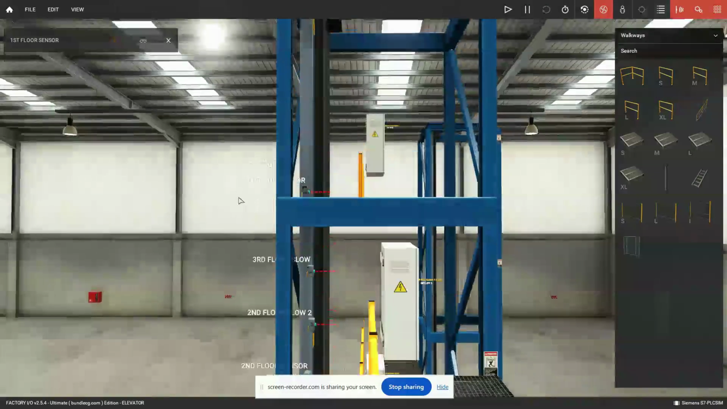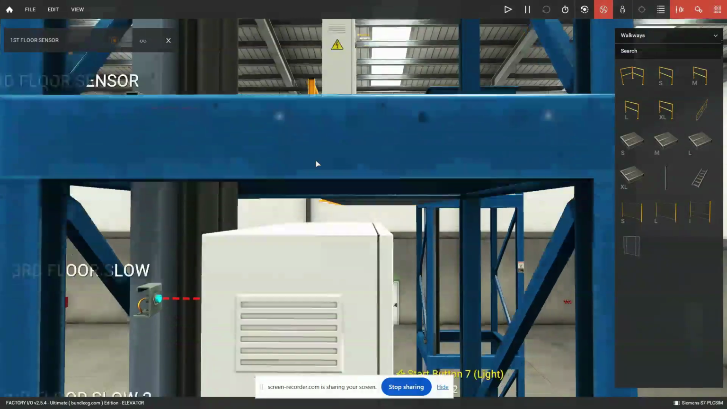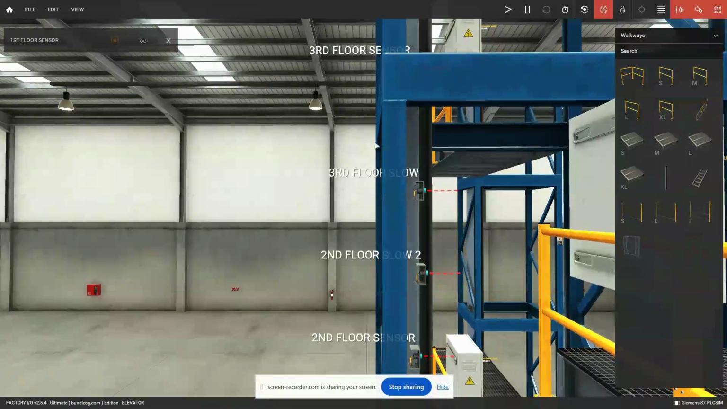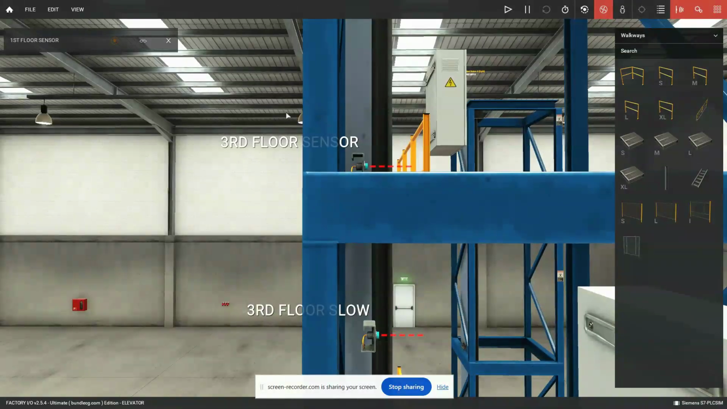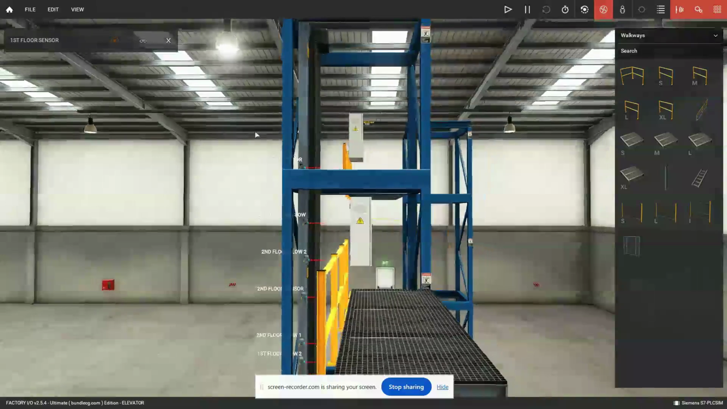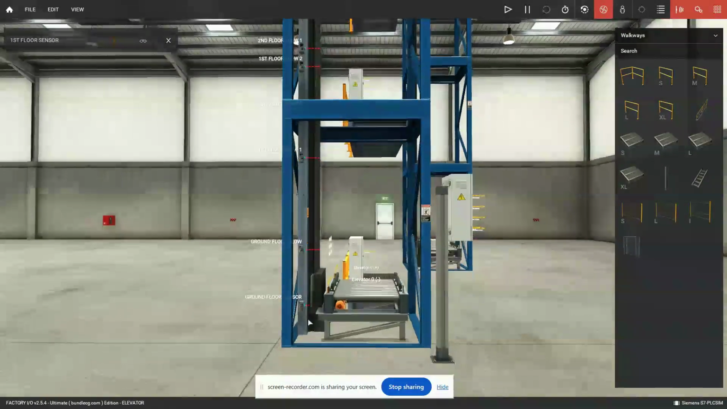Kama umecall third floor tunaona you can only approach third floor from the bottom up. So ukiwa unapanda kutakuwa kuna slow sensor moja na third floor sensor. So ikionekana na third floor slow itakuwa slowed, ikifika hapa kwenye third floor sensor itakuwa stopped. So unaona third floor na ground floor zenyewe zina sensor mbili tu za slow, kwa sababu you can only approach